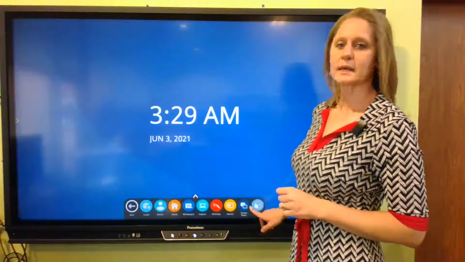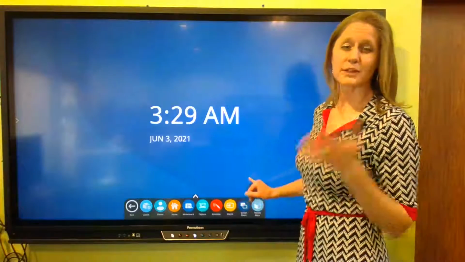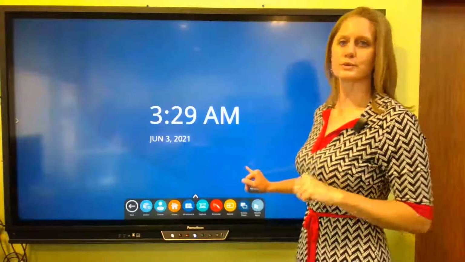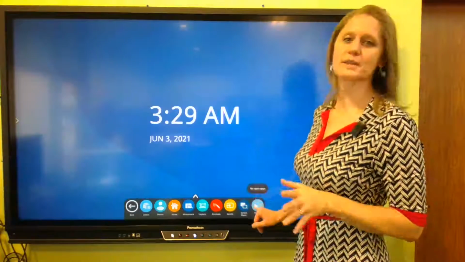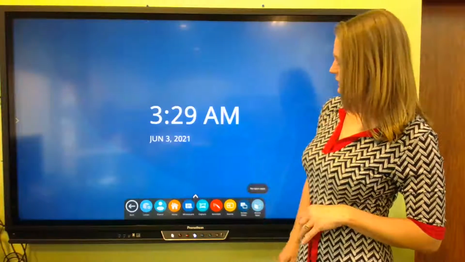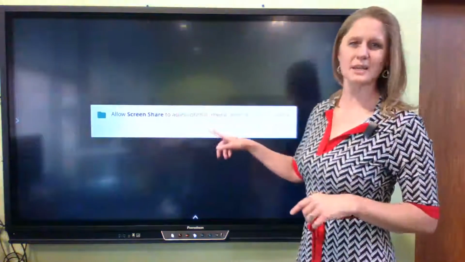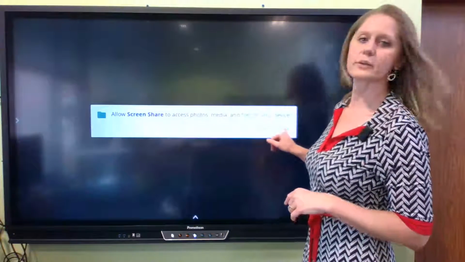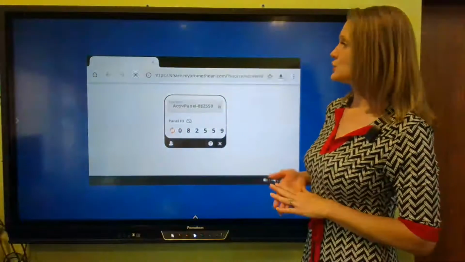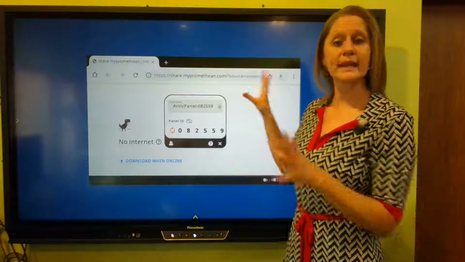The recent apps icon, I don't have any recent apps, but think of like your phone when you have multiple apps open and you can go back to one that you were using a little while ago. All right, and I'll show you that again once we have a few apps open. Then you also have screen share. What screen share does allow us to, and anytime that you see these types of messages, you're always going to allow, okay? So what screen share allows us to do is that other devices can connect to your